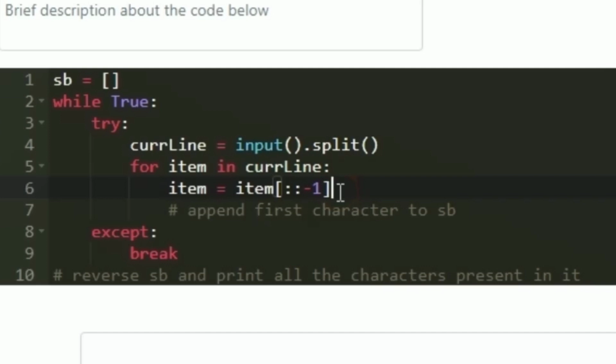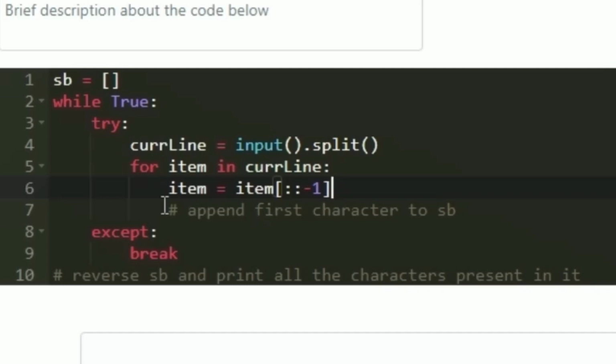For example, if the string value is ABC, then it would be updated to CBA. So it would have become reversed, and now the last character has become the first character. Now we have to append the first character to the SB. Using the append method, we can append the first character of item to SB.